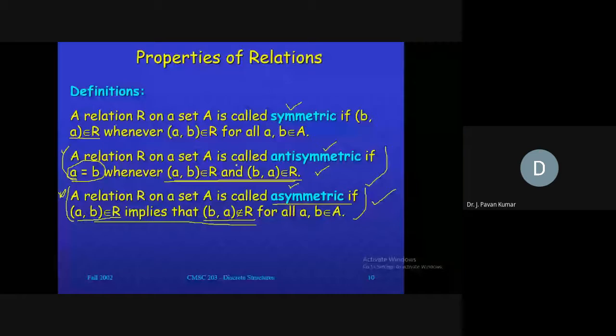1 comma 1. Yeah, very good. 1 comma 1, 2 comma 2, 3 comma 3, 4 comma 4. Like that, we can consider same pairs, like A comma A belongs to R. Such kind of thing will be part of symmetric, and same thing we can consider as anti-symmetric relation as well. But other than those 1 comma 1 or 2 comma 2, if we have 1 comma 2 as symmetric, we cannot consider it as anti-symmetric relation.